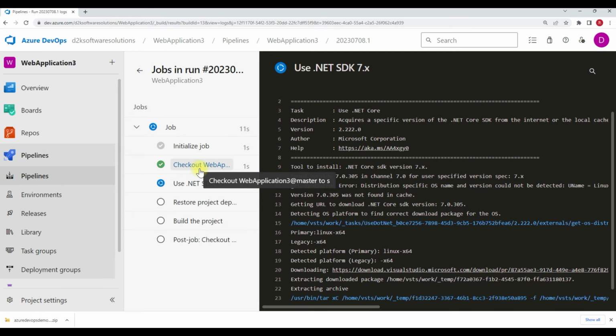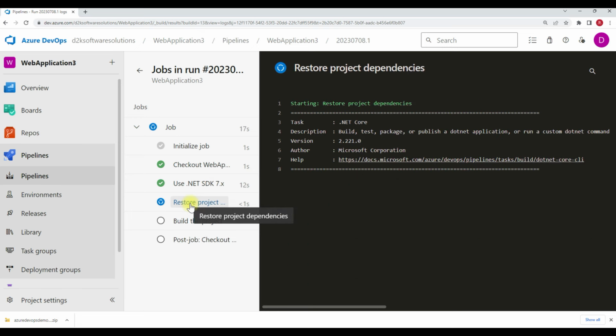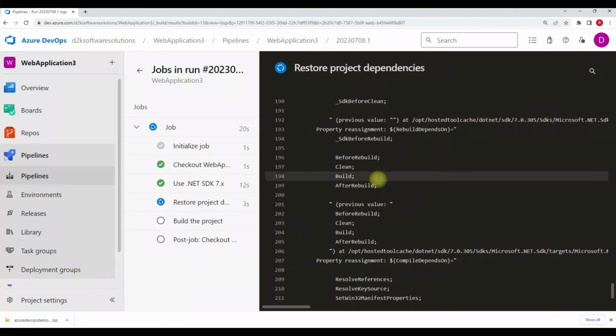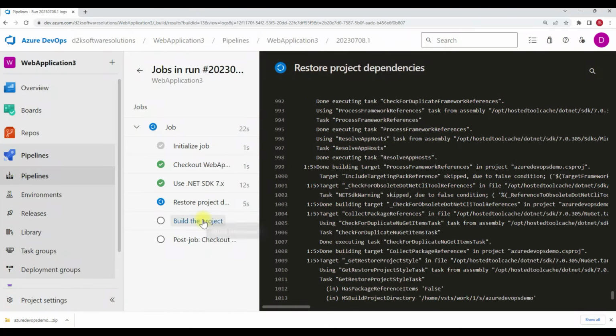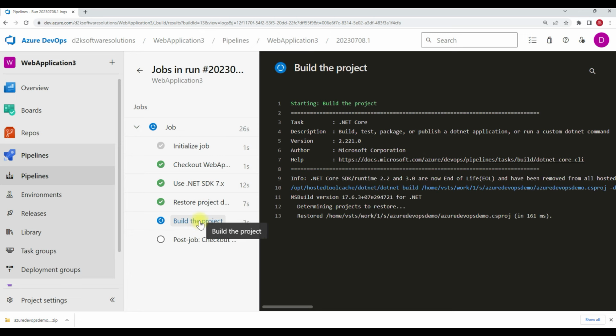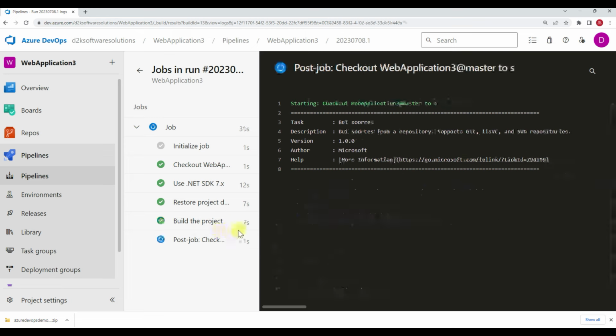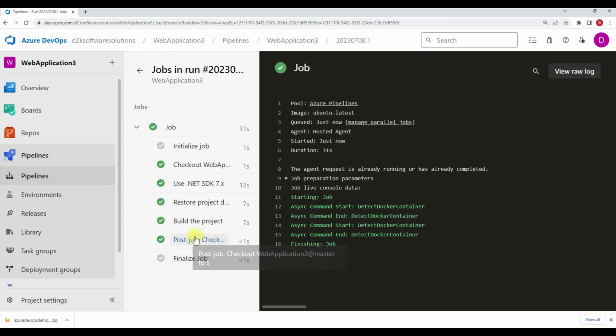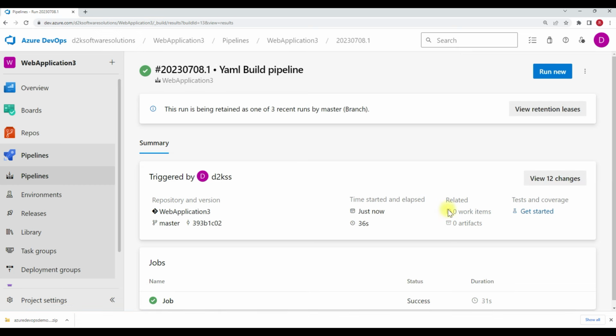Check out the web application master, use the .NET SDK version, and restore the project dependencies. So it is restoring the runtime dependencies and project dependencies, and then it starts building the project. This will take some time, and once it finishes, the job is completed. Until then, what we have achieved is we have built the project, but we don't have any artifacts, no output